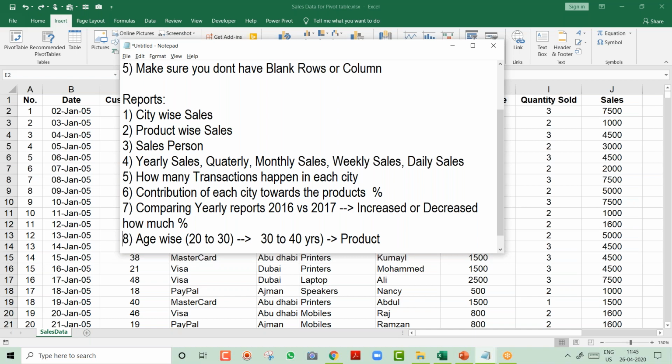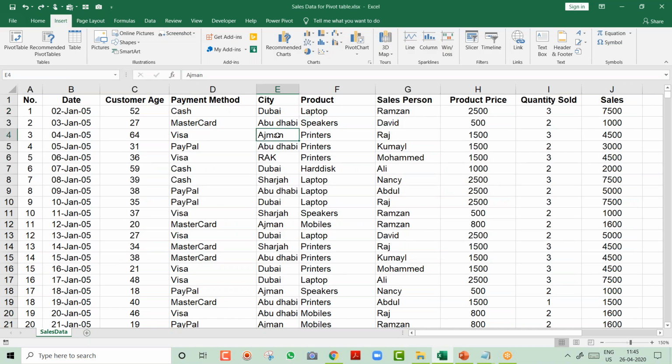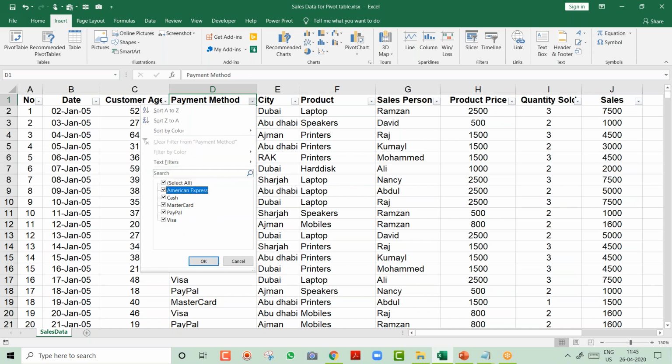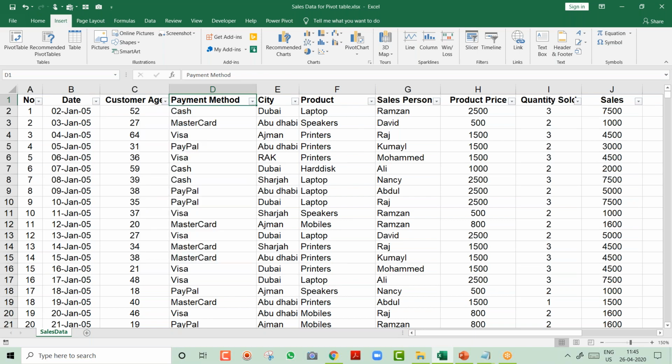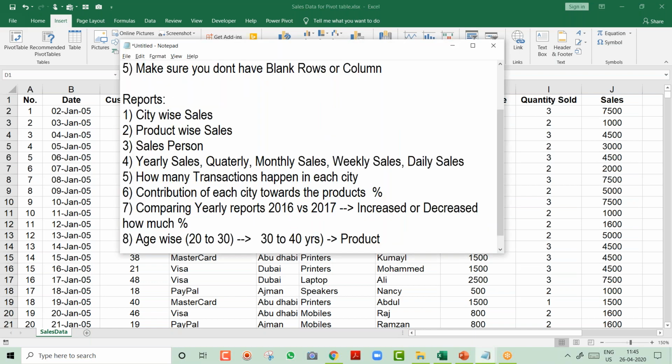Now, all these reports, how will you create them? You can create all these reports by doing sorting and filtering. If you don't know pivot, how will you create them? You have only one option. Go over here, press Ctrl Shift L, go to the filter, filter on each city, filter on each payment, which is going to take lots of time. And we wanted to create a nice looking dashboard. We don't want to sort, filter and waste time on this. So let's start now. How do we create a dashboard?